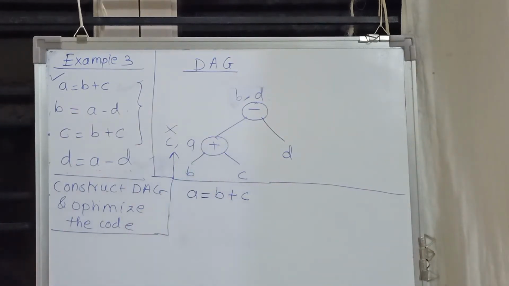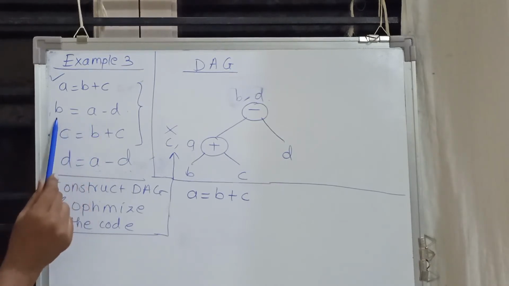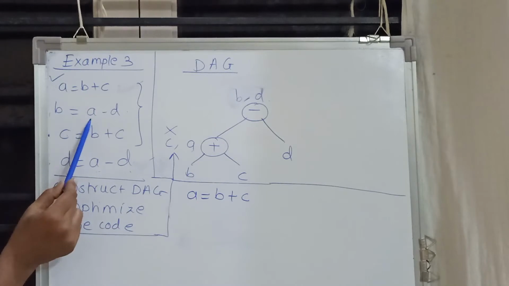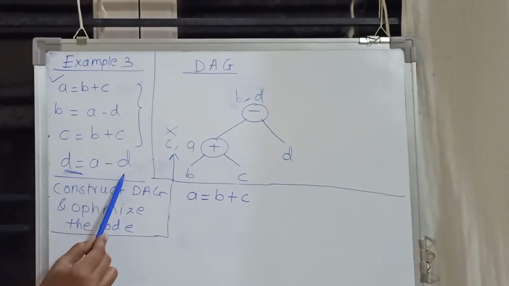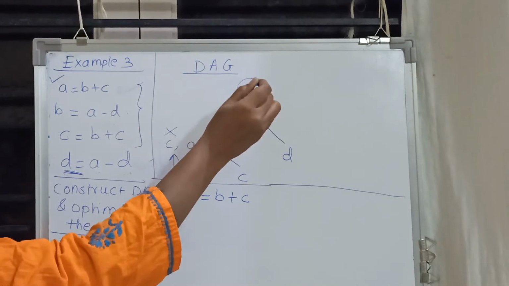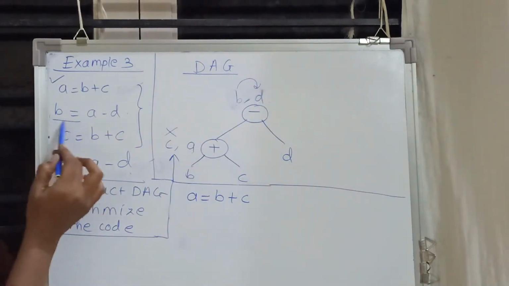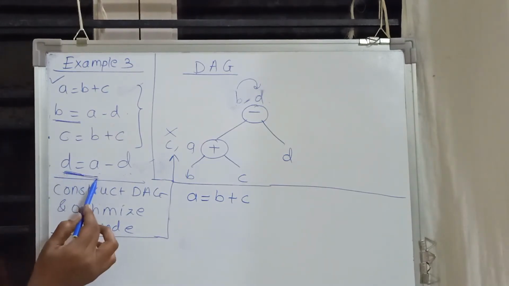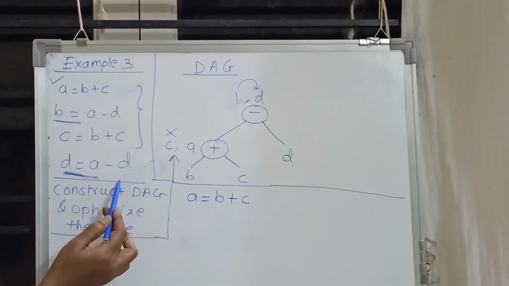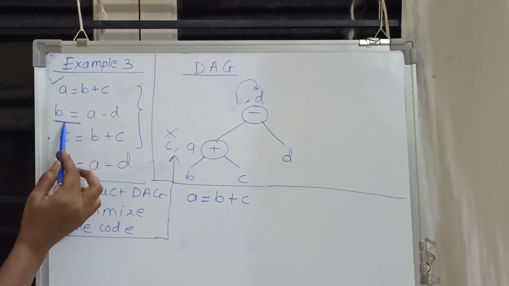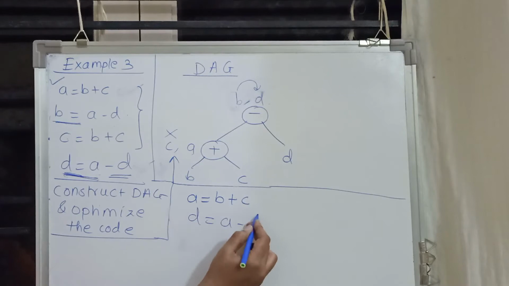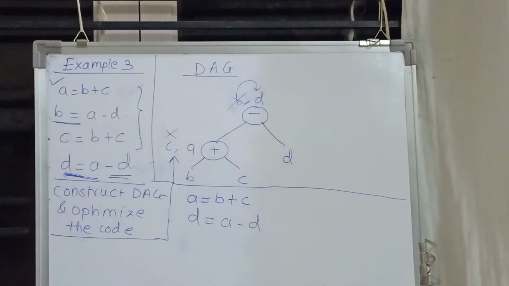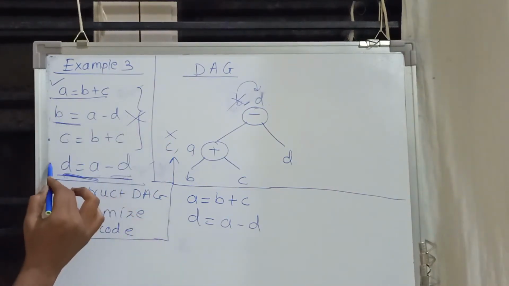Now let us look at this particular node. The first instruction with respect to this node, B is equal to A minus D. So here we have the B, and then look at this particular instruction, D is equal to A minus D. So we have appended the result of B into the D. Suppose first of all this instruction is executed and then afterwards this one, then D is equal to A minus D is also going to store the same result as that of B is equal to A minus D. So I want to keep this particular instruction, D is equal to A minus D. So we want to eliminate the B, means I want to eliminate this particular instruction. I want to keep this particular instruction. I want to keep this particular instruction.